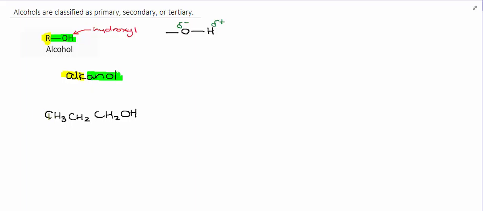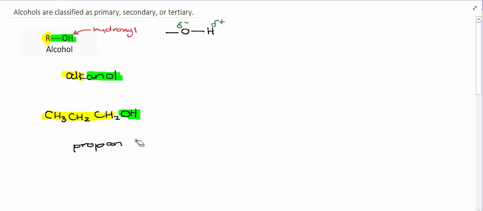So in a structure such as the one below, we can see we have 3 carbon atoms, so we're going to have the prefix of prop, and our functional group is a hydroxyl, so it's going to be prop